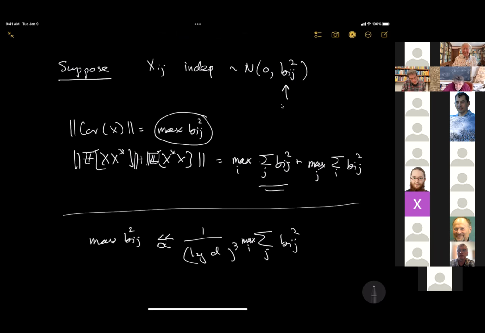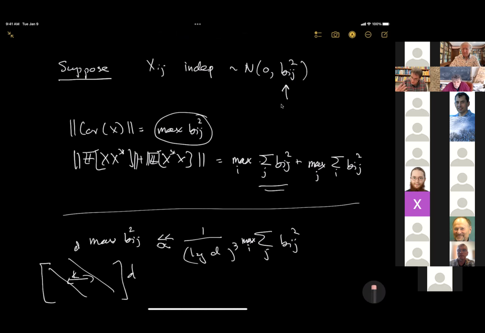Perhaps I can give some idea about how weak these inequalities are. For example, if I take a random band matrix, a d by d band matrix with bandwidth K. Of course, if K equals 1, I have a diagonal matrix, and we know diagonal matrices don't behave anything like X3. So if K is small, it should still not be true. But as soon as K is, let's say, logarithmic in D, our theory starts kicking in.